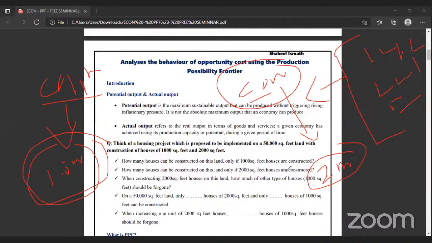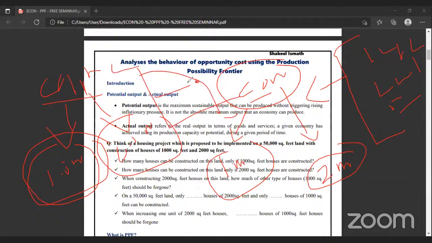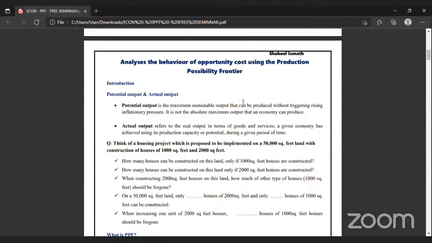That means this is potential output. Suppose we want to divide these two and produce capital and consumer goods together. Then we can produce, for example, consumer goods of 1 million and capital goods of 0.5 million value. If you draw that, it will come somewhere in the middle here. So capital goods and consumer goods: you can mention 1 million value goods here, and 0.5 million goods here. We are talking about our possible points, our possibilities. I hope you understood.